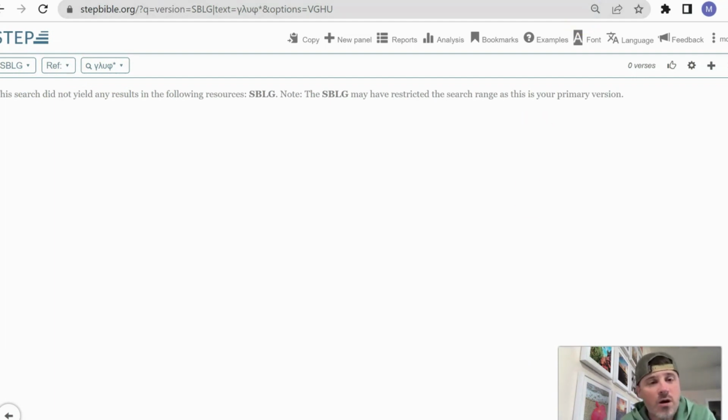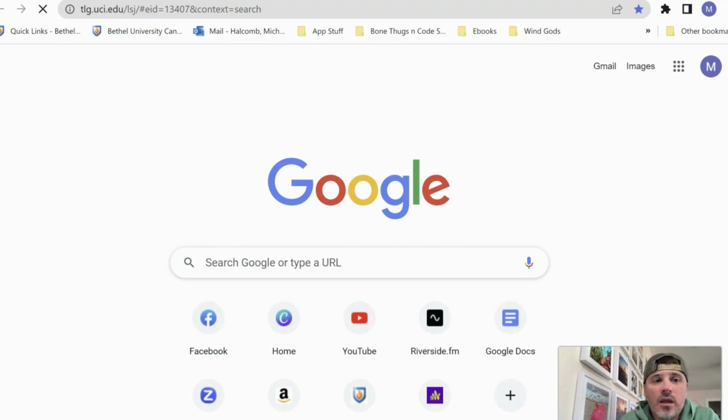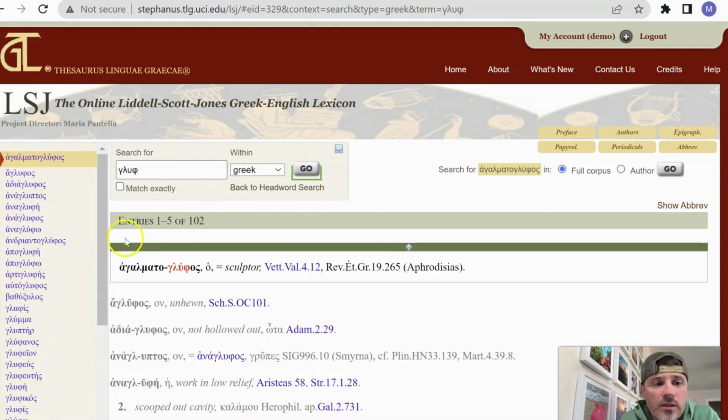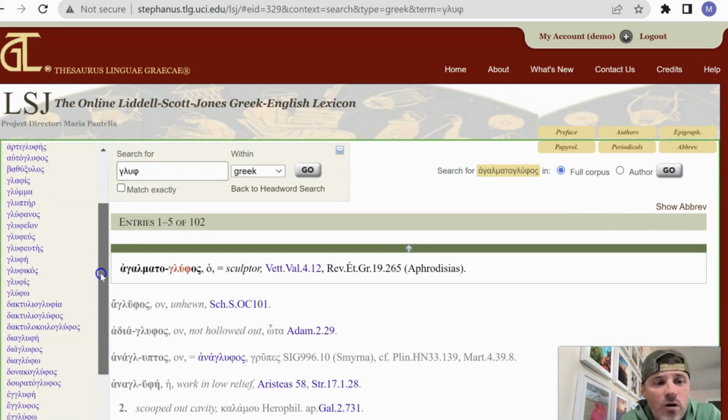In fact, while we're on this episode, what I'm going to do is I'm going to go to the TLG and see if we can find anything in TLG that would allow us to see glyph. So let's look here. Yes, and we see a whole list of words, as you can see up on the screen. So here's